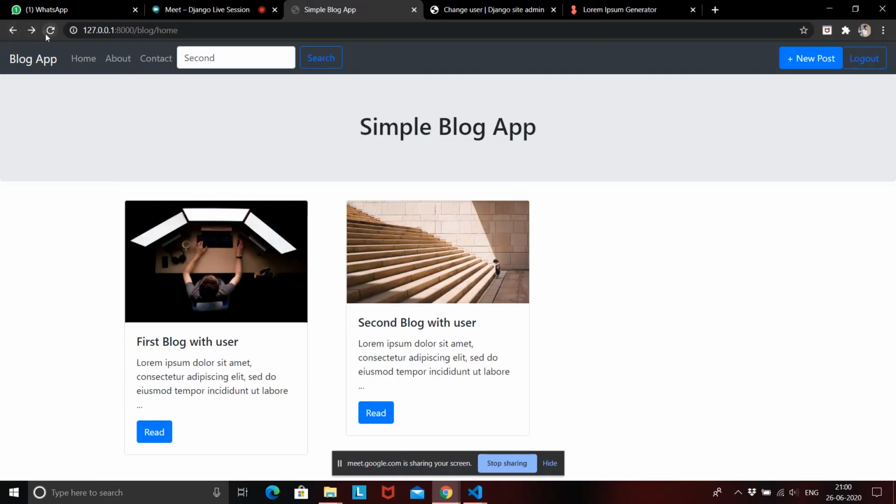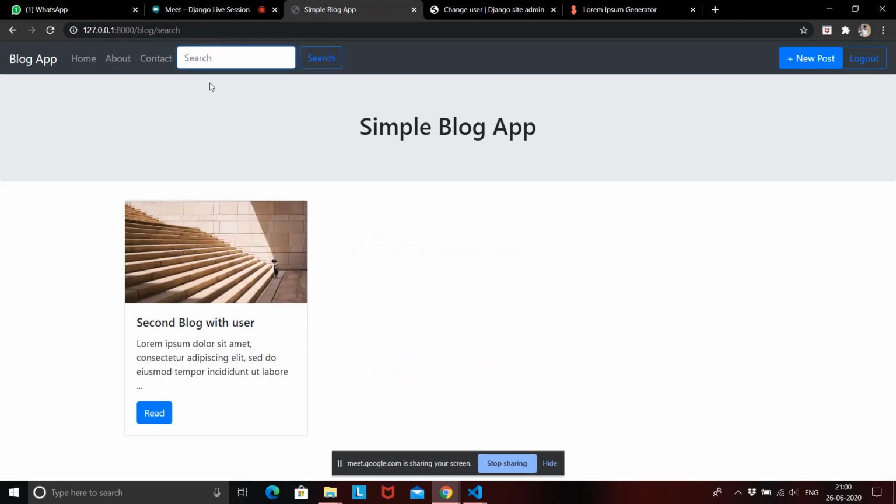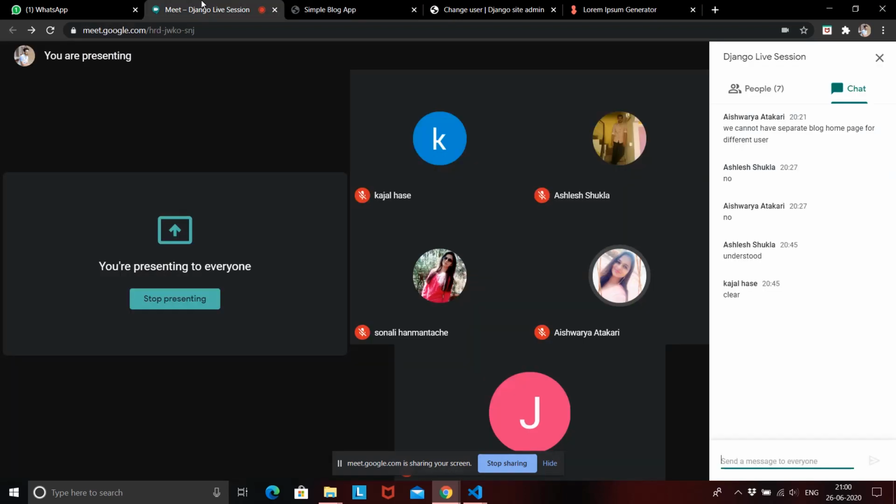If we go back to our home, and now if we search for a keyword called user, both the blogs have this keyword called user inside their title. So if I hit search, the URL has changed to blog/search, but still we can see that both the blogs are rendering out because both of them have this keyword called user. If I say only second, then only the blog that has second inside the title will be rendered out. So this is how you search for a particular blog inside your app. Any doubt in searching, just make sure you use the filter method and the icontains, that is underscore icontains.